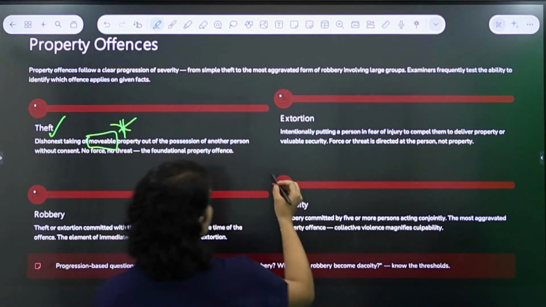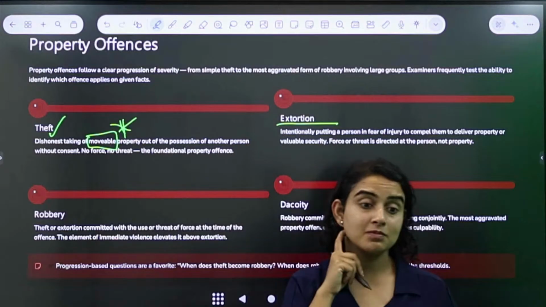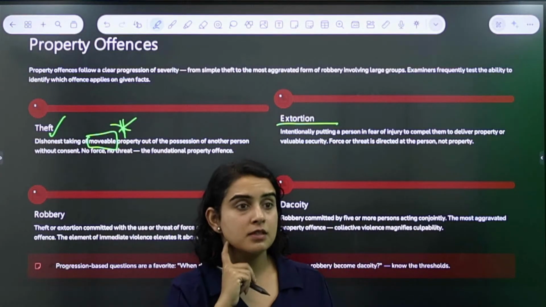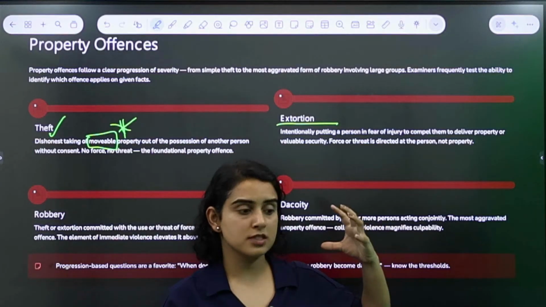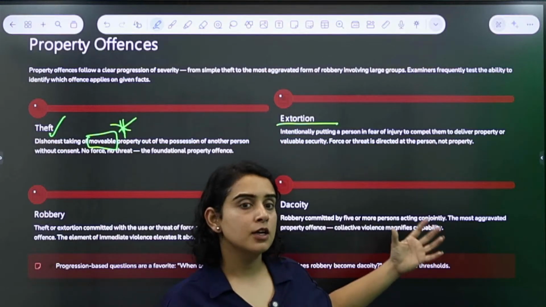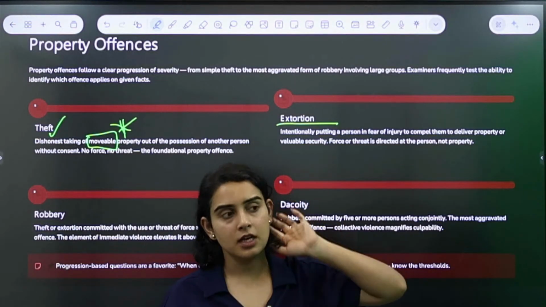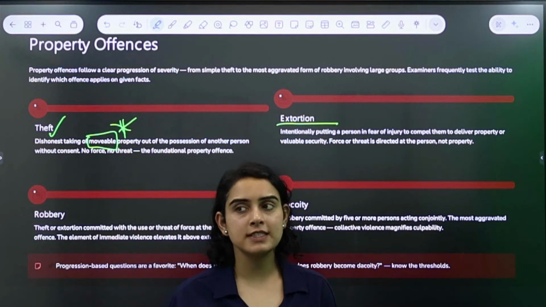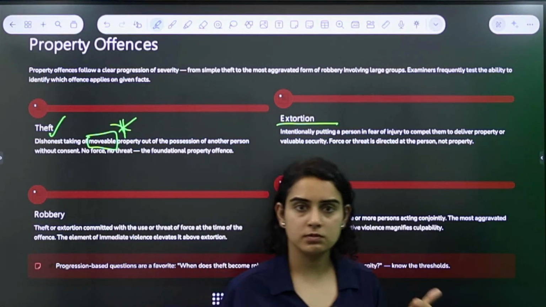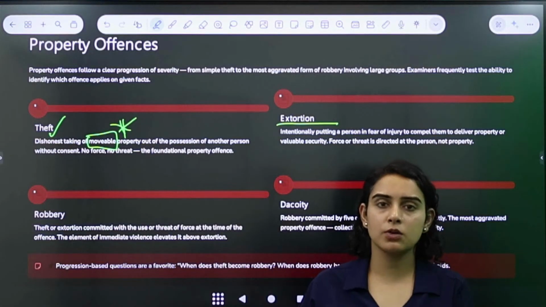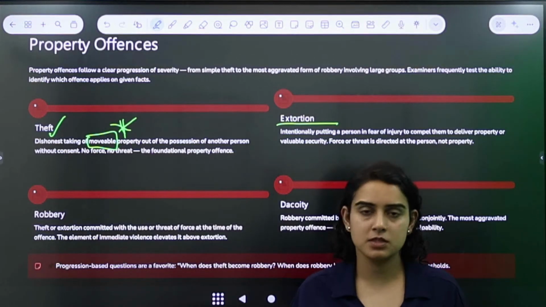Then you have extortion. Extortion is where you threaten the other person, put them in fear of losing their life or causing some damage to their family, and due to which you ask for some property or some money in return. You might have seen it in a lot of Bollywood movies. All these gangsters, they call up these really famous rich people, and they'll be like, oh, if you will not give us 1 crore rupees, we might burn your house, or we'll kill you if you will not give us 50 lakh rupees, right? It's not kidnapping.